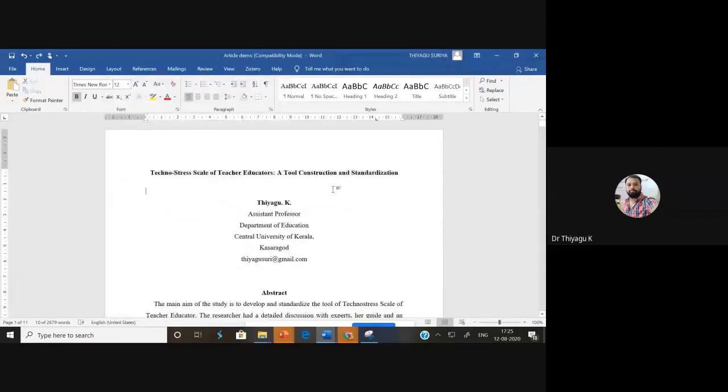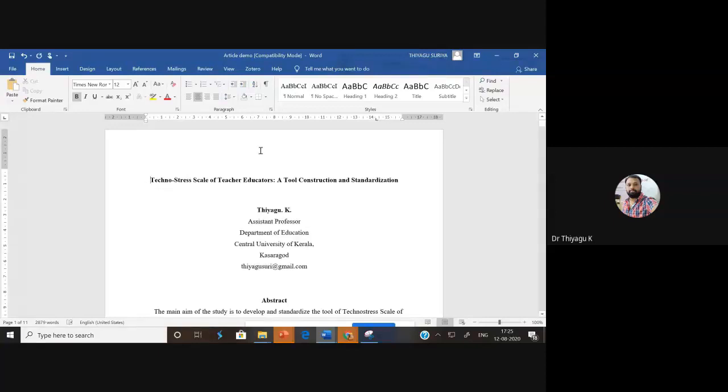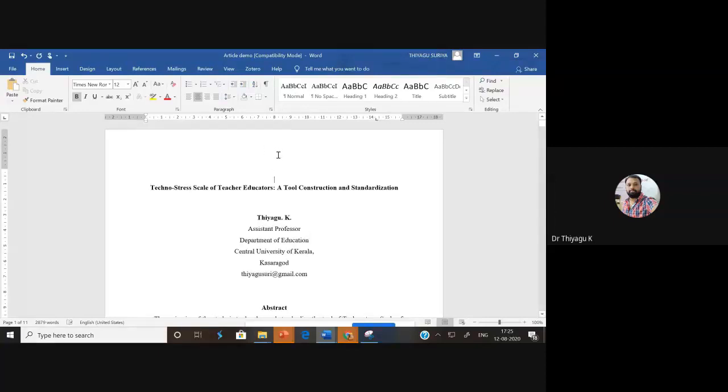But according to APA, it focuses only on the main key terms, where only the first letter is capital. Whether I am adding any kind of heading, there is no page number and so on. I'm not yet fixing the page number as well as the heading notes. I'm going to fix it now. How can we fix the page number?